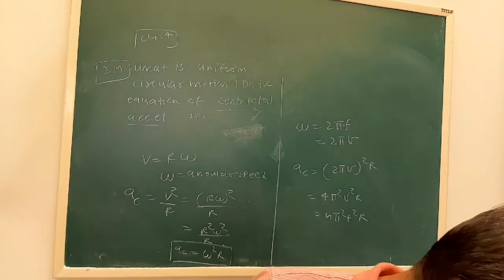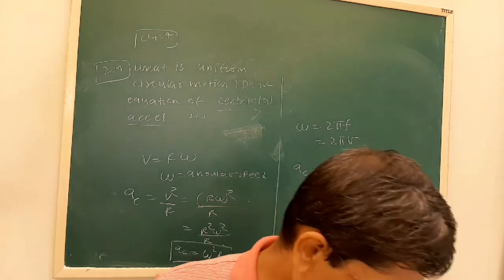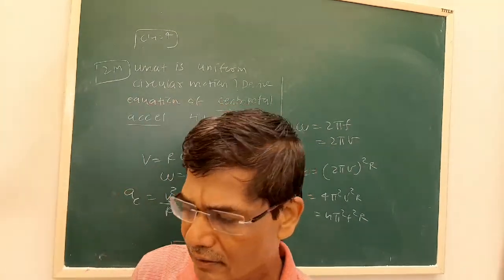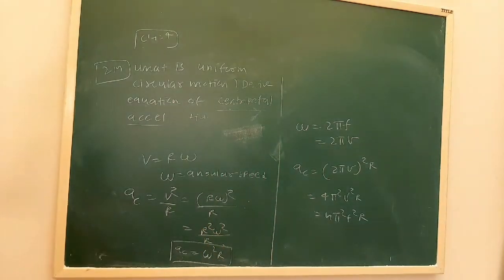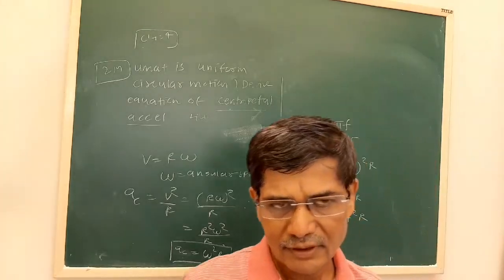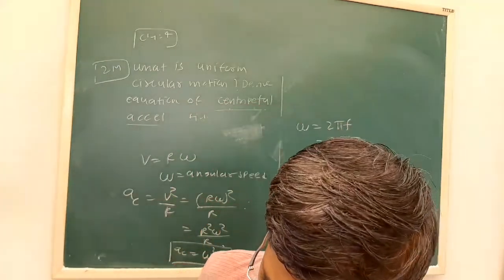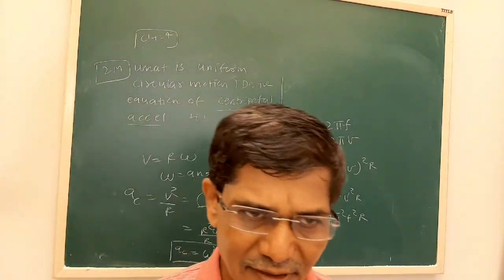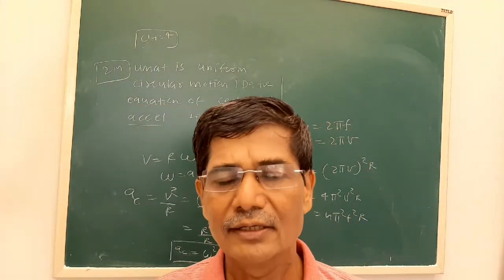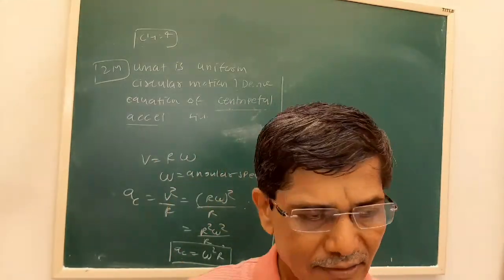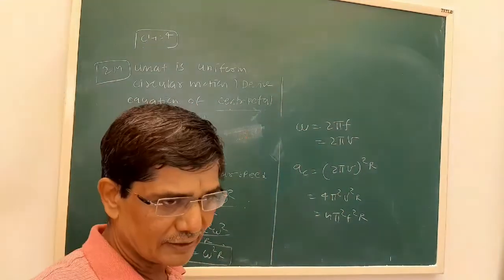We have derived the equation of the centripetal acceleration. Though it is a motion with constant speed, why is it called accelerated motion? Because velocity is speed plus direction. Here the direction is continuously changing. That's why we say the velocity changes, and whenever velocity changes we have an acceleration. That acceleration here is termed the centripetal acceleration.